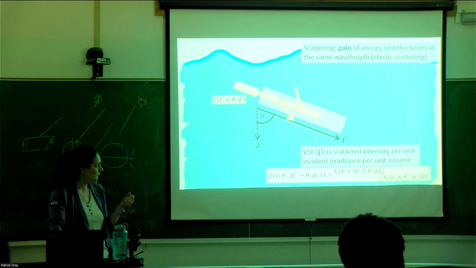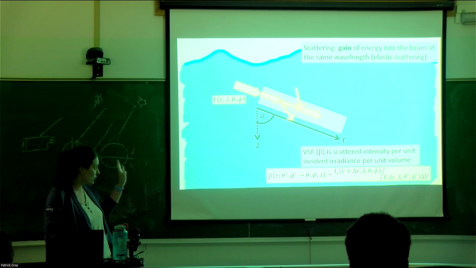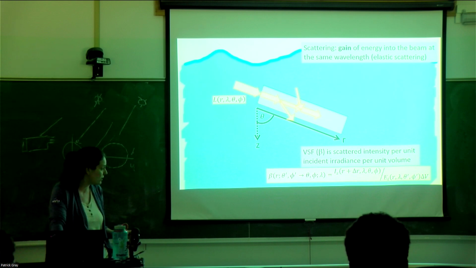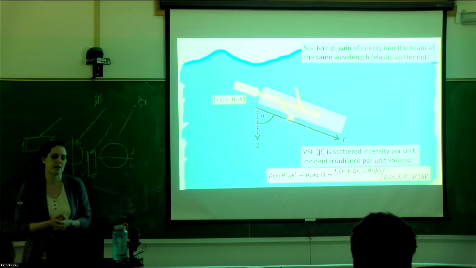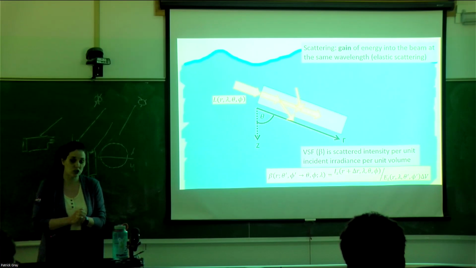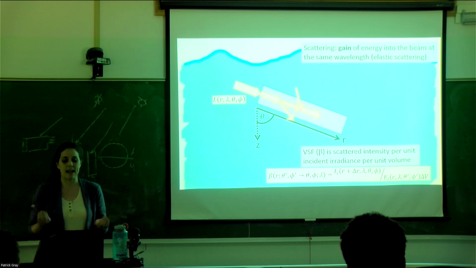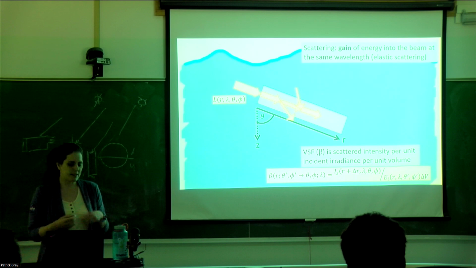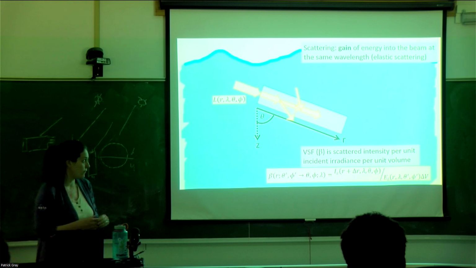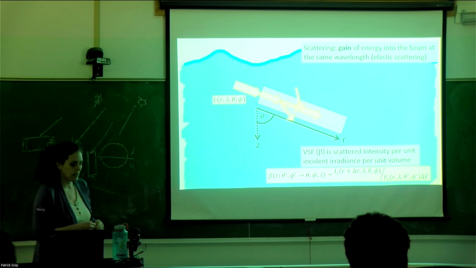So, I'm removing all that other stuff just to clear up the screen for a bit. If we take a step back and think about the volume scattering function, this can be described as the scattering intensity per unit incident irradiance per unit volume. So what we're saying is,